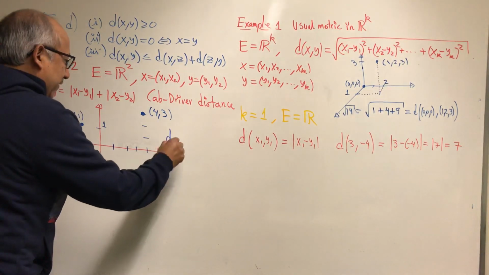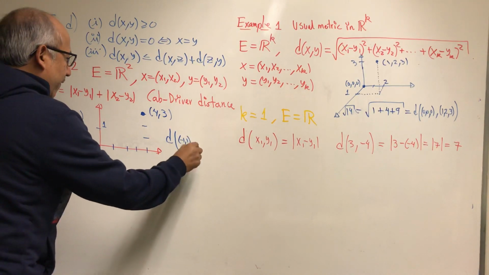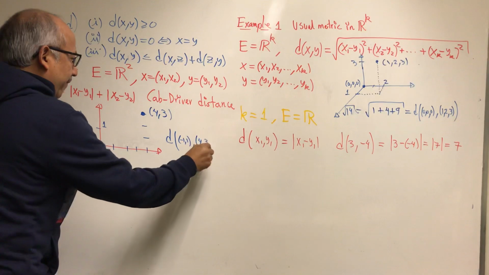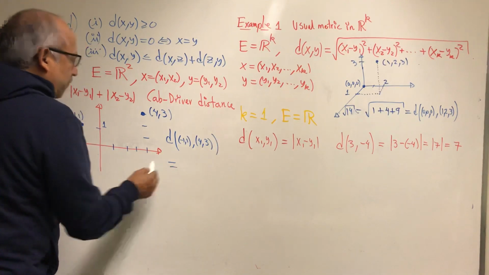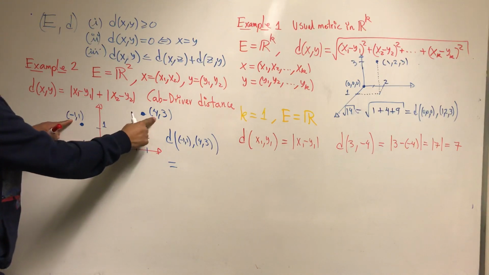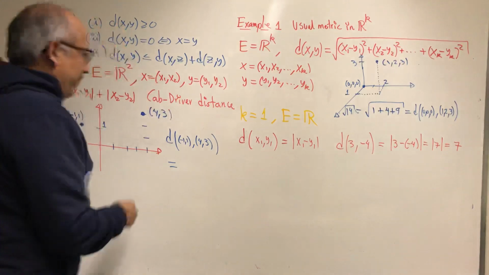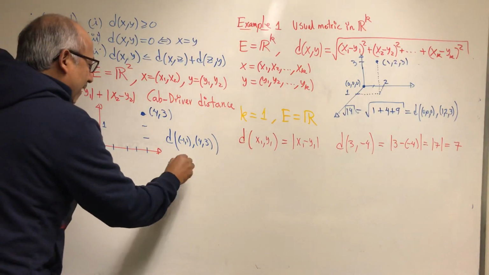Let's compute it. The distance between these 2 points and 4, comma 3 is equal to, you take a look at the first entries and subtract them. How much is 4 minus -1? 4 minus -1 is 5. Absolute value 5